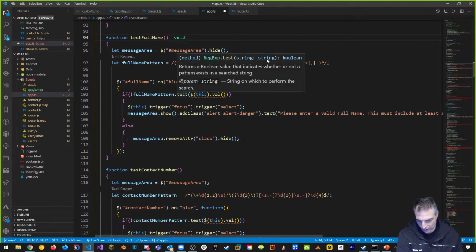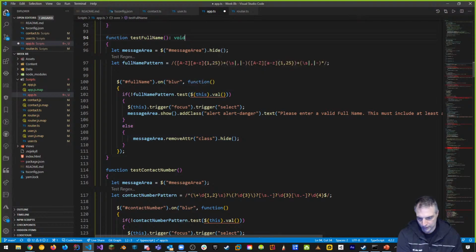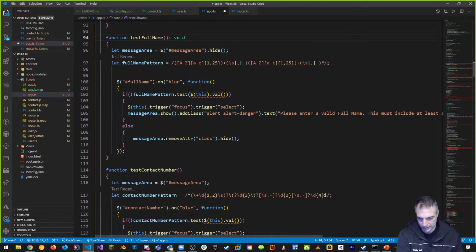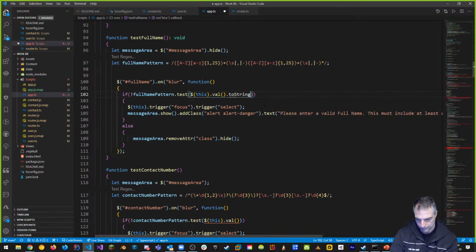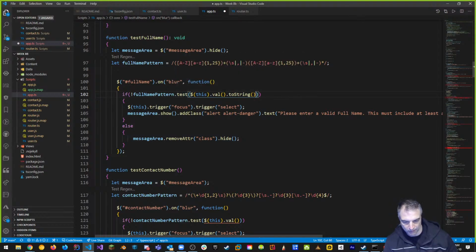It can be anything that I get passed to the test. And if I pass a string array to test, it will fail. If I pass something else, a number, to the test function, it will fail. So in order for me to confirm that my value is of type string, I need to put a toString at the end. ToString will make sure that the value is converted to a string, whatever it is, and so that test can deal with it. And this silences the error.